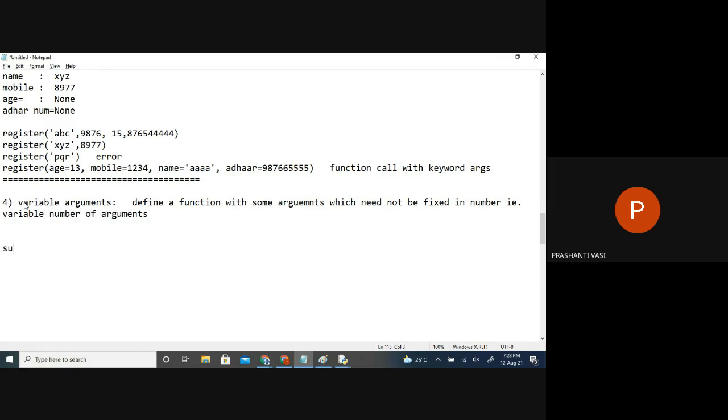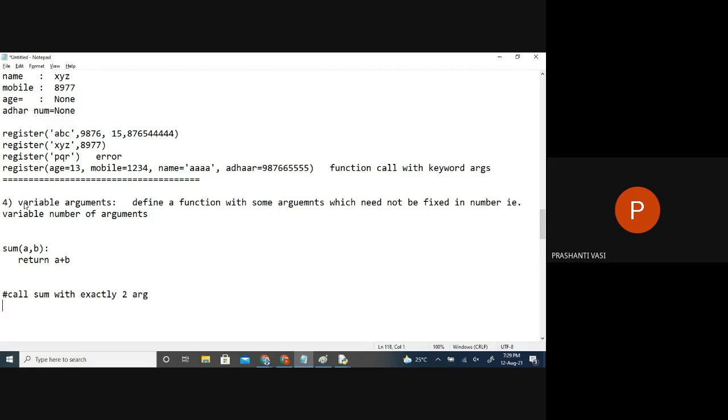So generally, if I say sum of a comma b, how many arguments do we have to pass while calling this function? Exactly how many? Two. Exactly two arguments. We can't pass fewer or more.